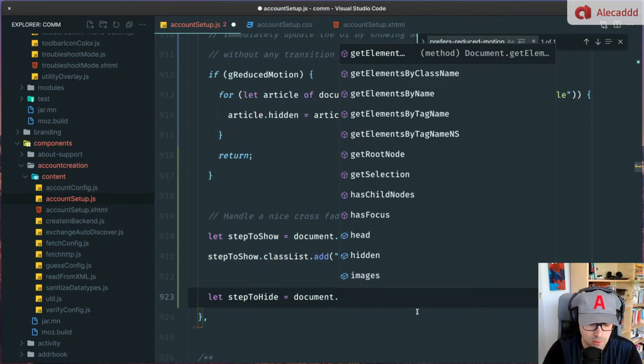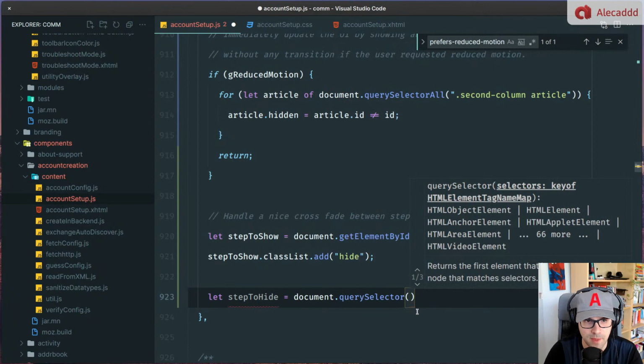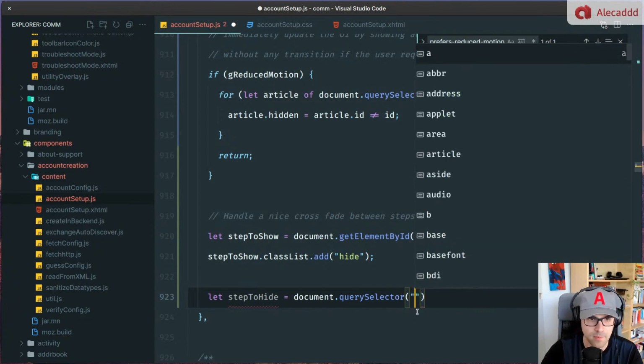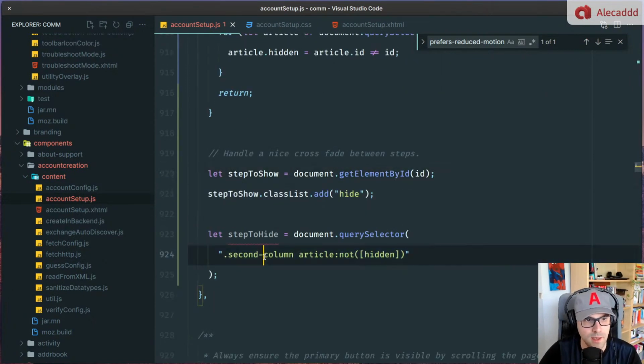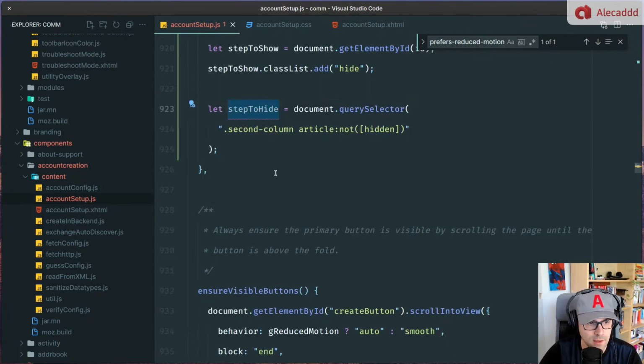So we can say document.querySelector, and we use querySelector because it automatically grabs the first one that matches our selector and we're good to go. querySelector, the second column, article not hidden, and the linter is angry at me, so we're selecting only this one. And now we can set an event listener because